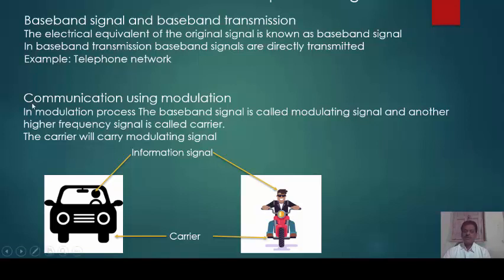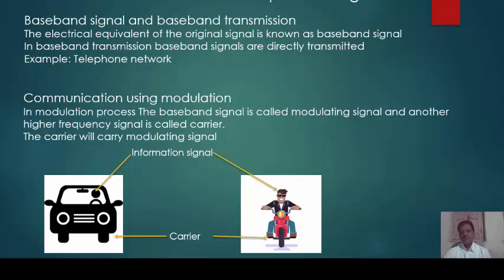So let us see what the baseband signal is. As you have seen, the analog or digital signals are converted into their electrical equivalent signals, and the electrical equivalent of the analog or digital signal is known